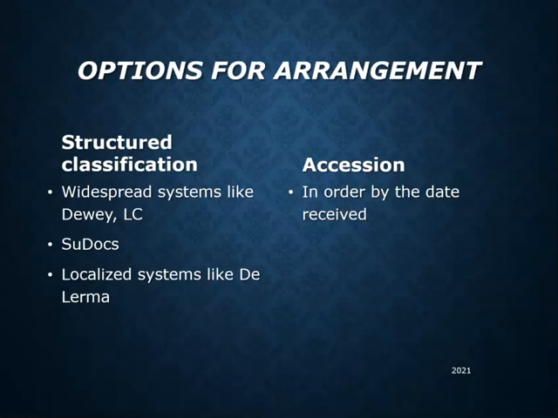And for some collections that are not accessible to the public, meaning a library staff member must retrieve an item that a user would like to borrow from behind the circulation desk, there may be no need for a structured system that promotes browsing, since no one is ever allowed access to the shelves to browse. So items are added to the end of a shelf as they are received and assigned a simple number or alphanumeric identifier.